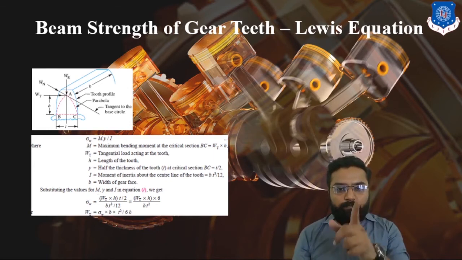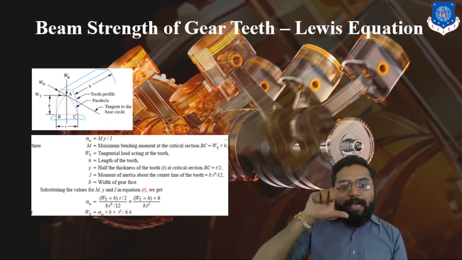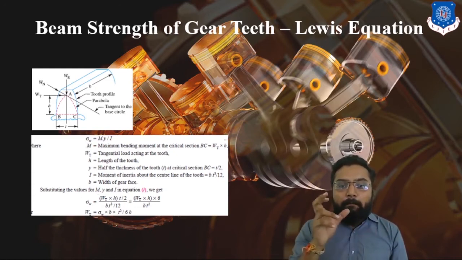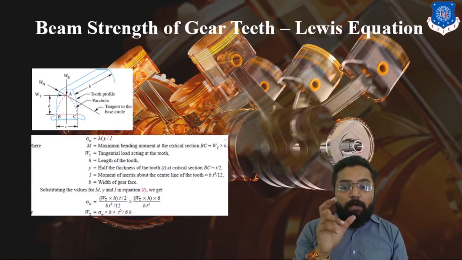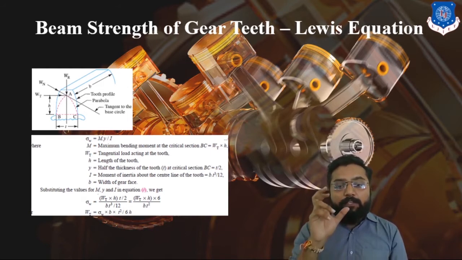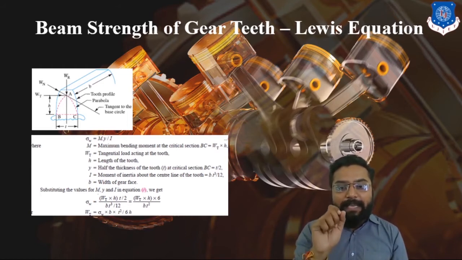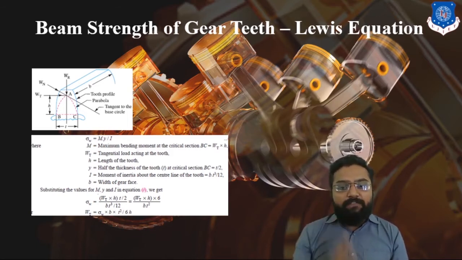Clear? So since shear stress is generated at the bottom, or you can say at the root of our teeth, through that height h, for that the base is going to be b. If I am considering the base, which is applicable in our moment of inertia, the base will be b and the depth will be t. So our moment of inertia in this case will be bt square by 12. Clear? y is half the distance of its thickness.